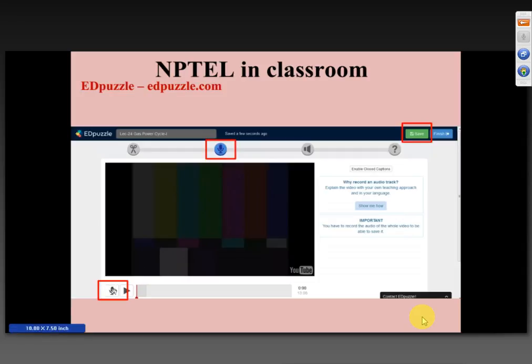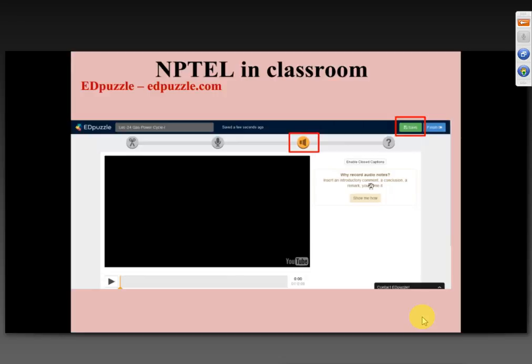Whenever I see this kind of video, I can use my mic to add my voice to it. Once this is done, I can click on this icon to save, so that particular point is saved, and then I can add my recorded audio notes also. This is very important, and it becomes very useful when I'm trying to comment on the video lectures, maybe at the